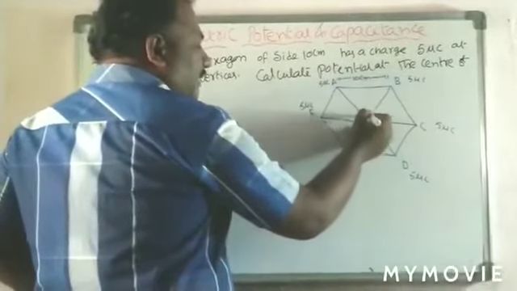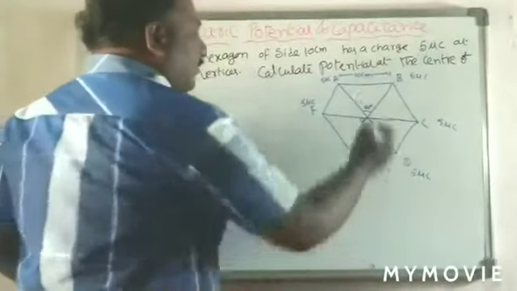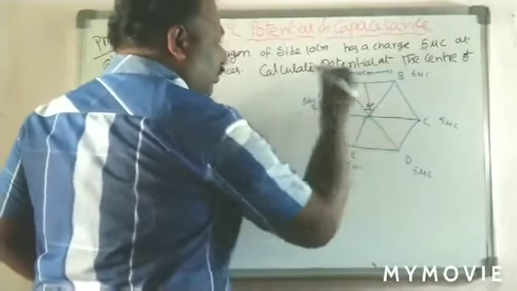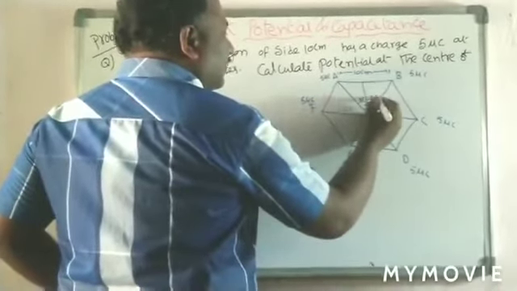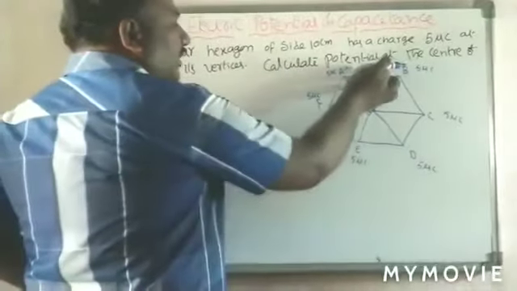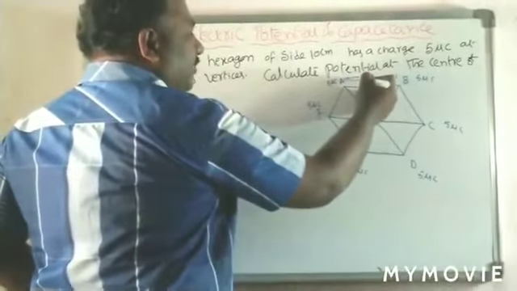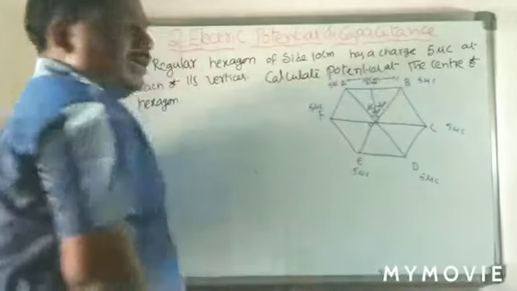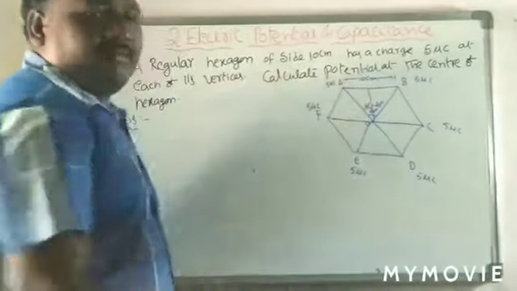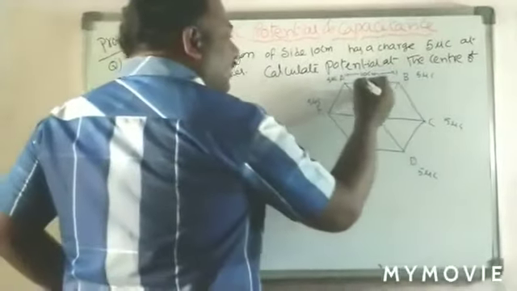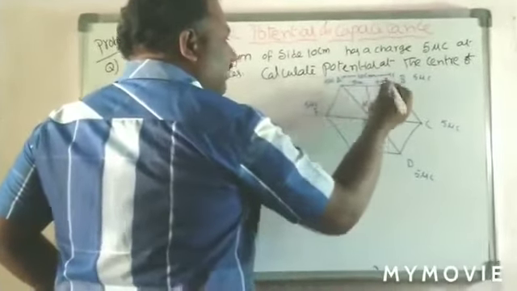The total angle can be divided into 6 parts. So this is 60 degrees. When we cut it into 2 equal parts, now this is 30 degrees and it is also 30 degrees. The total side is 10 centimeters, which is nothing but 0.1 meter. Next we simplify that. First we see what is the distance now. 10 centimeter is there. Now each half is 5 centimeters, and the other is also 5 centimeters.